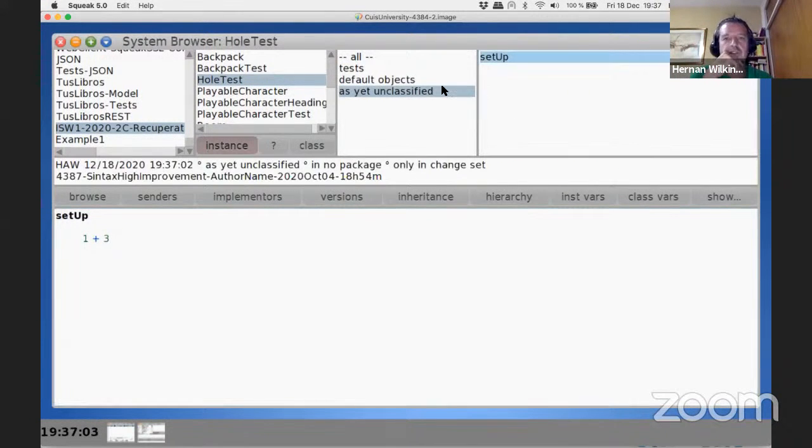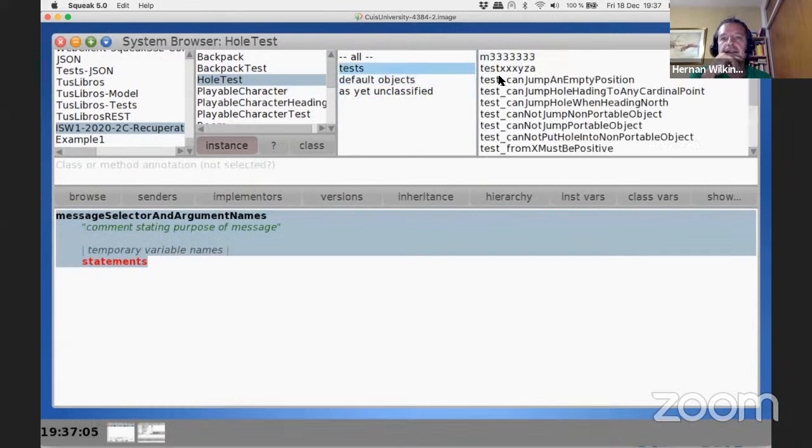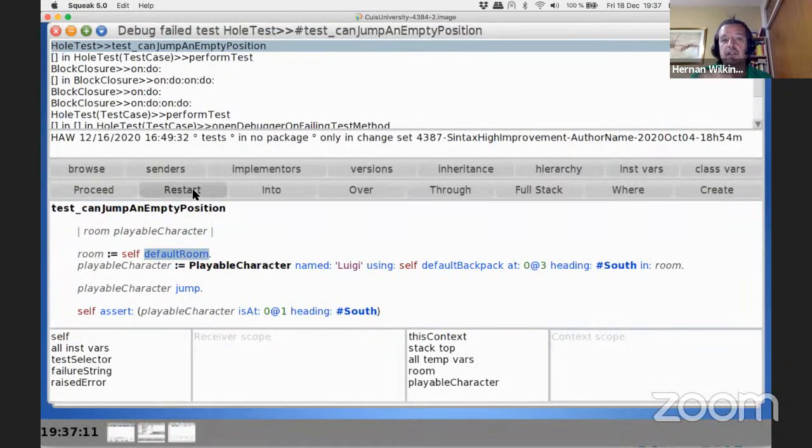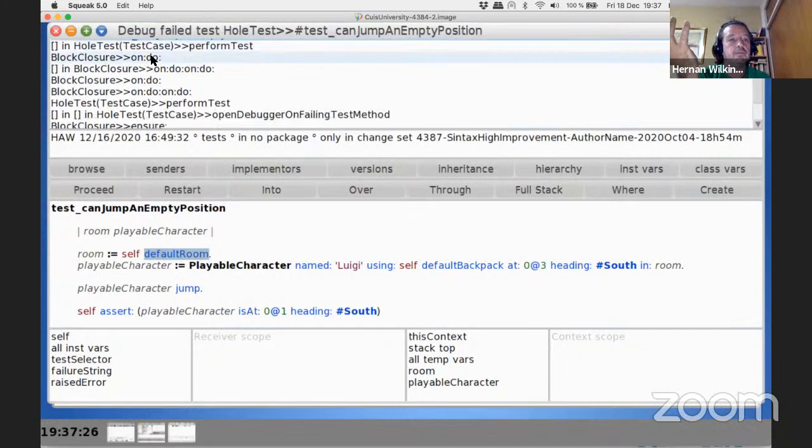Of course, in this case, it's not doing anything. But if you debug this and you restart the test, it will rerun the setup message, and then will start running the test. Because it's like going here,